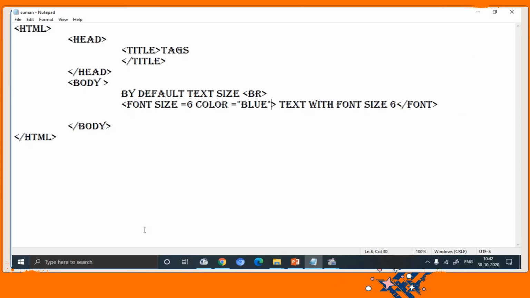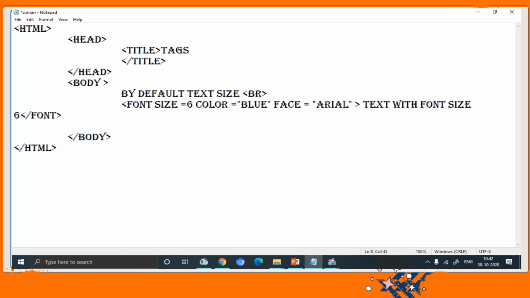Now let's learn about how to apply the face attribute. First, just type this face, must leave a space over here, and then is equals to, in the double quotes, type the font style name like Arial, Algerian or any other font style that you want to apply.